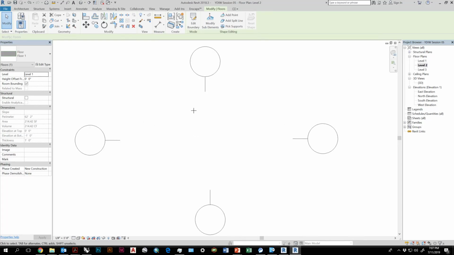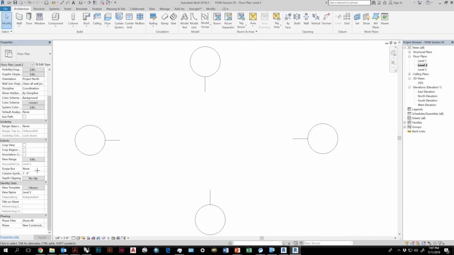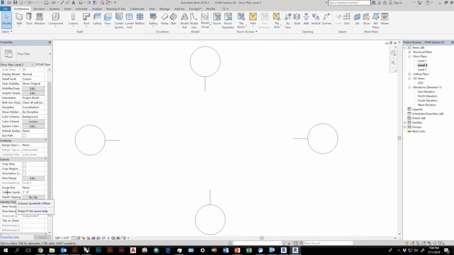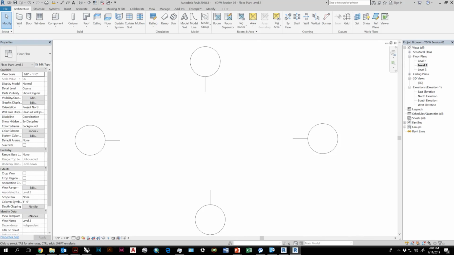So I went to level 2 and I do not see anything. Again, this is a view range issue, so if you want to see the floor below, there are 2 ways you can do that. You can either have the view range go all the way down to level 1, so you would see the walls, or you can turn on what's called... where's that? It's called...